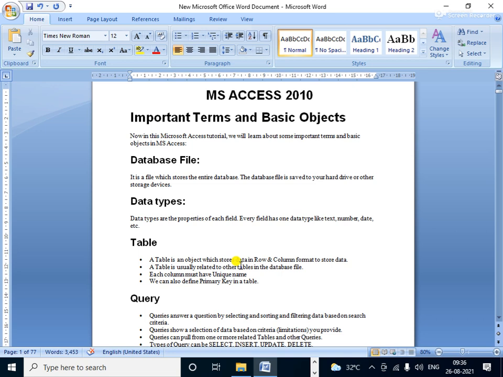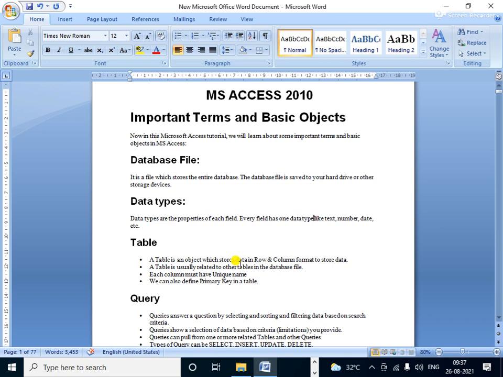So what is the table? All of you know table. We learned the table in Microsoft Word also. We learn the table function in Microsoft Access also. Mainly the table is the area where information and files are permanently stored. In simple language we say a table is a group of rows and columns.